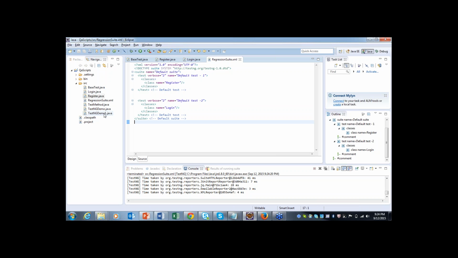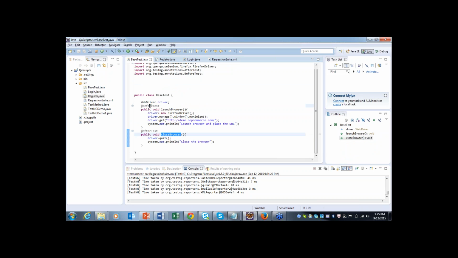So you can create any number of scripts and you can call them. But you might be thinking why we should create separate tests. Can't we run all the scripts in parallel in one test? Yes, that can be done, but we need to make some changes. Instead of saying in the base test